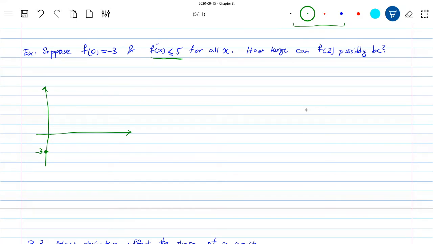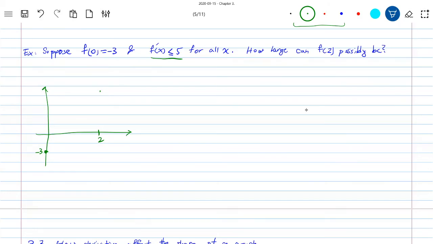How large can f of 2 be? So this is at 0. We want to find out at 2, what is the y value, the maximum y value that it could be? Could it be 200, for example? This is the question. Can the y value be 200 or 300 or something like that? So we want to find out the maximum possible